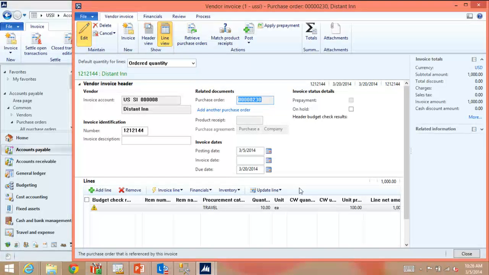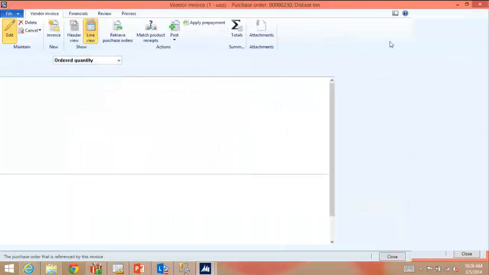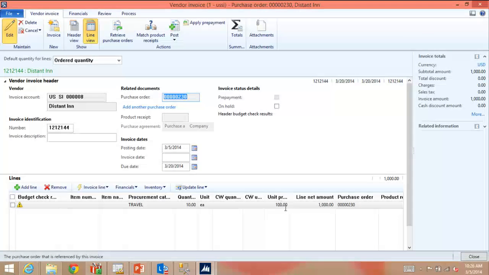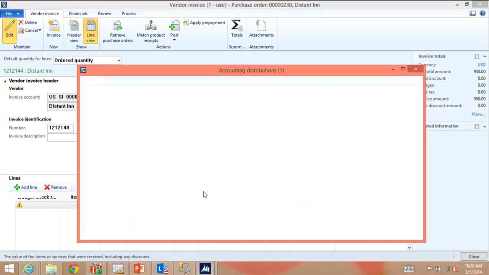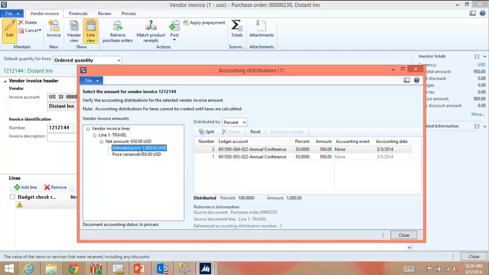And in this case, when I get the invoice, I'm going to assume the invoice said that it was actually $95 per night, we got a deal. I'm guessing that doesn't happen too often, that the price is lower. But just to see the impact that this has against those distributions that were created. So what happens in this case is we have our original amount or extended amount of $1,000, and I made a price adjustment when I entered the invoice, and now it's captured as a separate price variance, and the distributions for that price variance are split at the same percentage or amount that the original line was split.